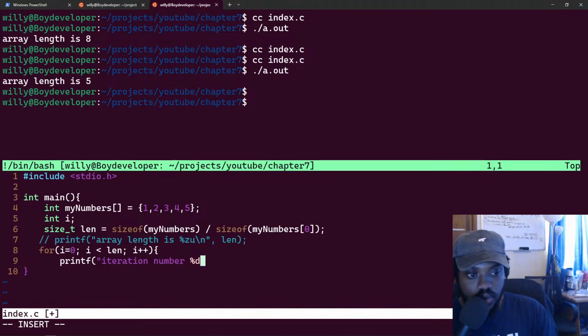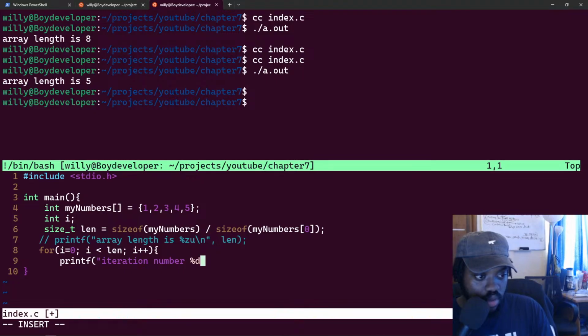So this will tell us for every iteration we want to see iteration number 1, number 2, number 3, and so on, right? So iteration number, and then we can say here, just printing a new line,